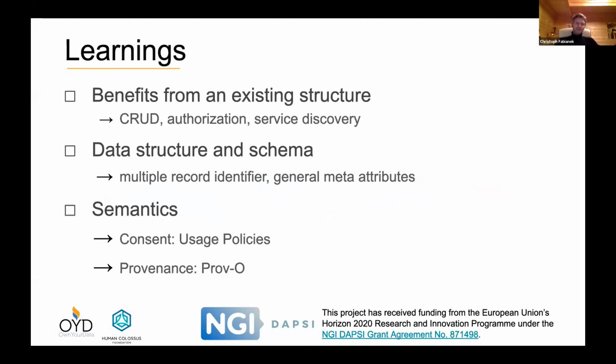Three things I want to focus on. First, it was a huge benefit to have CEPS 1.0 to already have kind of a structure that we said, okay, what are the topics that we need to focus on? There are, Salman already mentioned it, those topics about creating, reading, updating, and deleting data. How can this work? There was work on authorization, basically because we had also components from the Human Colossus Foundation.